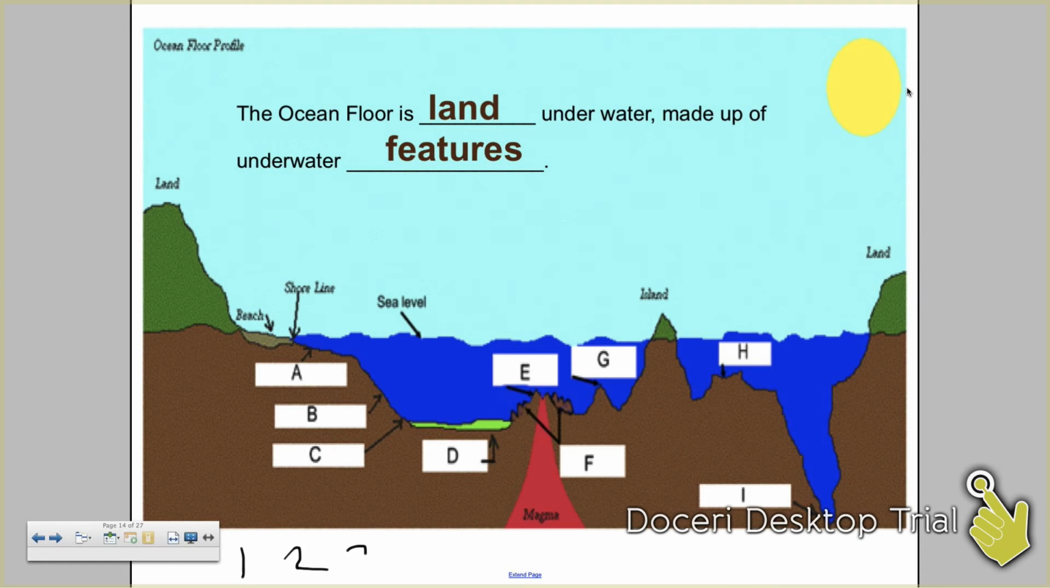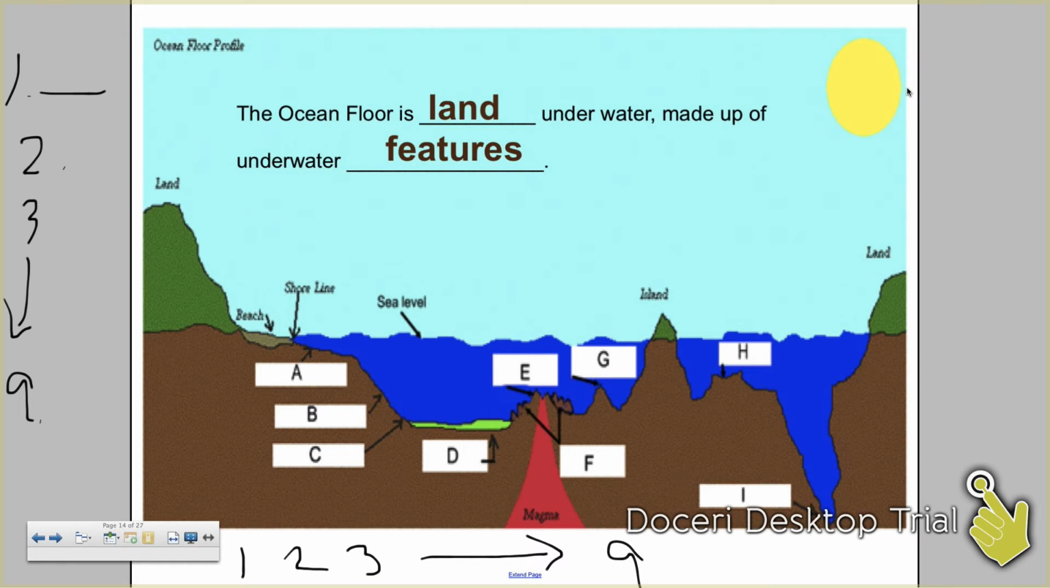So you have 1, 2, 3, going all the way to the number 9. It's asking you for the letters. You're going to be linking. If you notice, your definitions are on the side. You have 1, 2, 3, going all the way to 9 on the side. You're going to be looking at number 1, saying, okay, number 1 is the Continental Shelf. And you look at the definition of the Continental Shelf that was given to you, which says a gradually sloping